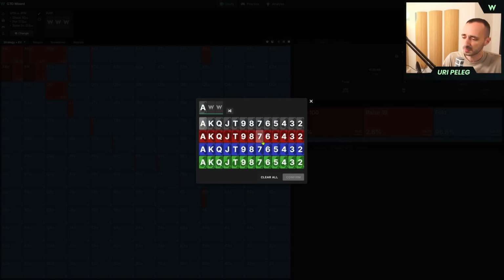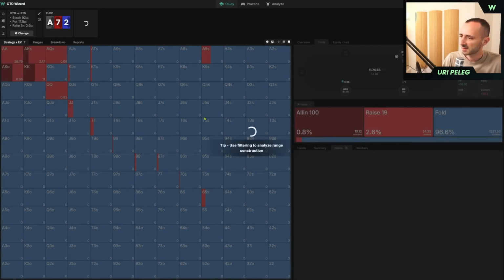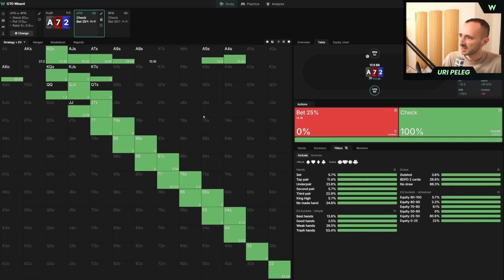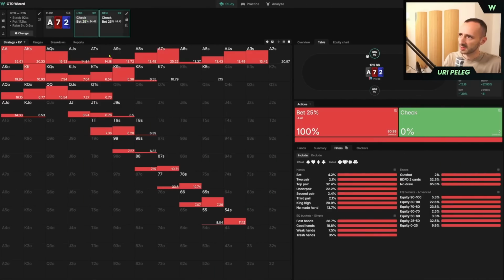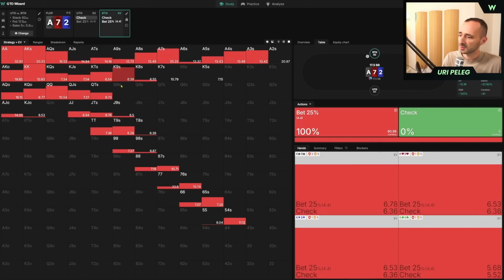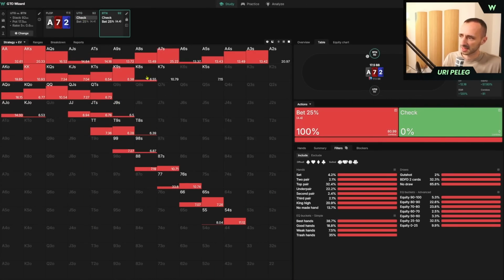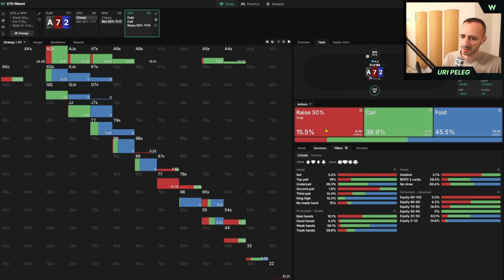Now we're going to look at a few boards and just examine the differences so that we have it in our head. I think one or two boards should probably do. So we're going to start with A-7-deuce rainbow. I'm going to bring up this range and the normal range side by side. This would be the normal range, and the normal range has 100% C-bet, and the EV for in position is 12.16. The equity is 58, and after the C-bet we get this reaction of 15% check-raise, 45% fold,